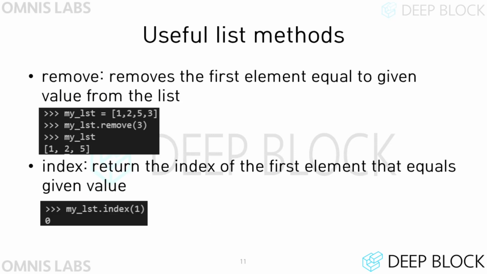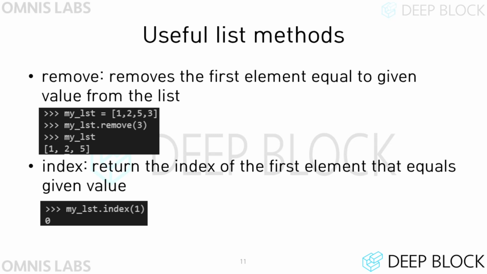List also has a method called remove. This method examines the elements in order from index 0 to the last element. And if there exists an element that has the same value as the argument value, the first of them is removed from the list. For example, assuming there is a list A, which is 1, 5, 1, if A.remove(1) is executed, the remove method removes the first 1 of list A, and list A becomes 5, 1.